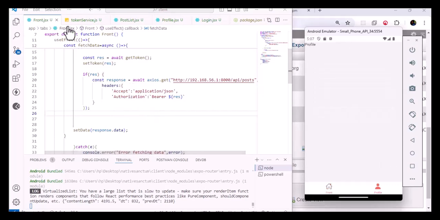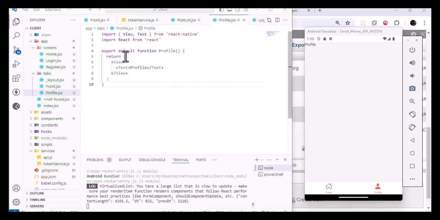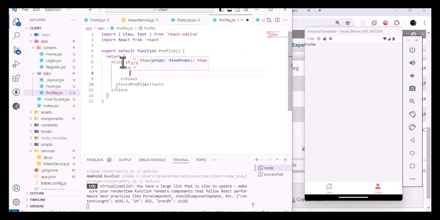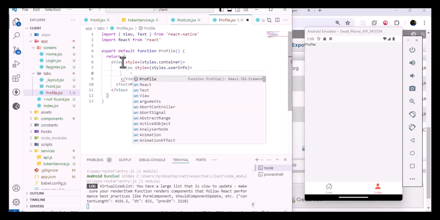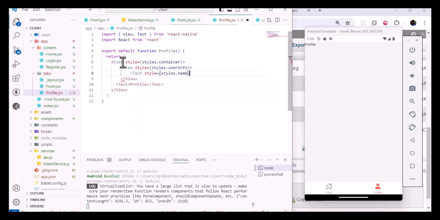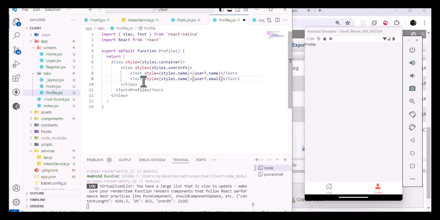sections. Then here in the profile sections, let's set some settings. Let's have some styles of container, styles row user info. So inside this user info, let's create two text fields having a style of styles.name that have user name, and let's copy this one that shows user email, and let's add some logout button as the touchable opacity